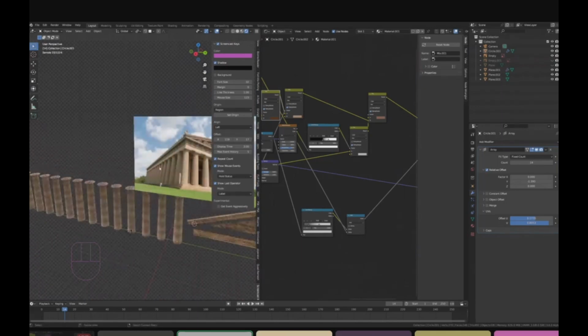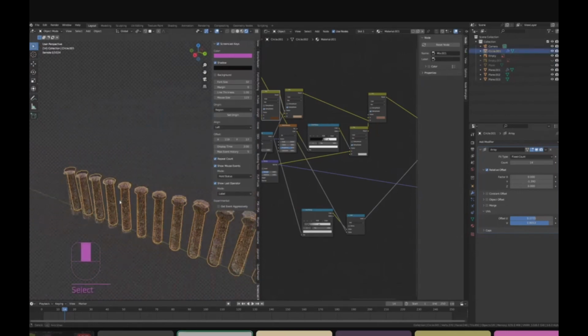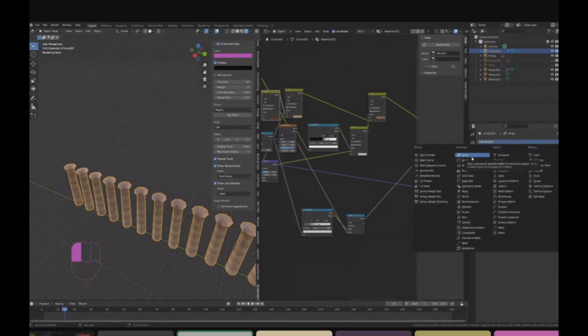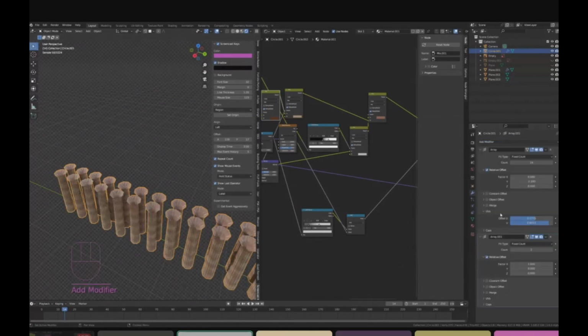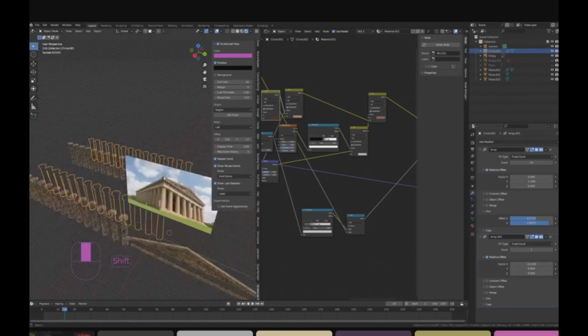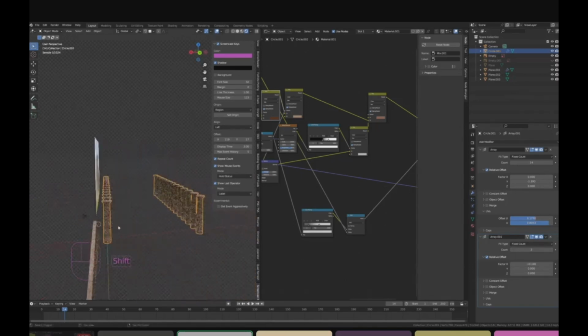Right, so if we want to array this again, there are going to be two rows, the left and the right side. We can either duplicate this with Shift D, or we can just add another array modifier. As long as we can keep this all procedural, we're going to keep it procedural. So I'm going to array this, and now I want the X direction, but I want the negative one. And then we can just crank up this X direction. So how wide do we want this building to be? I'm guessing it is, I can actually count this now: 1, 2, 3, 4, 5, 6, 7, 8 pillars wide. So I'm just going to guess the distance onto